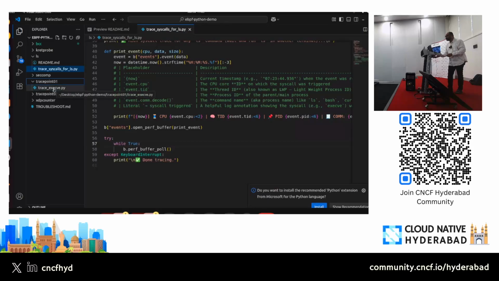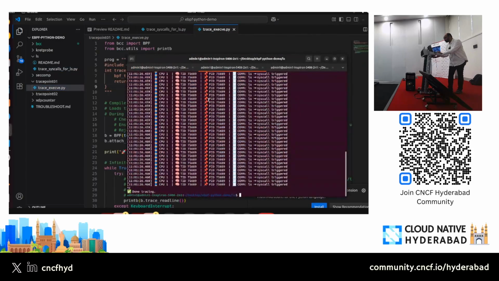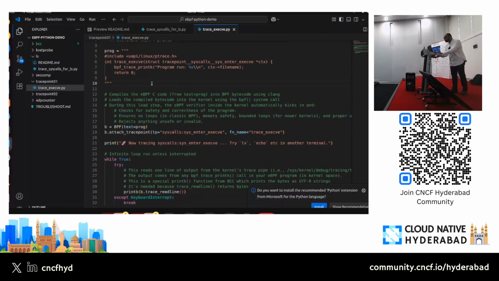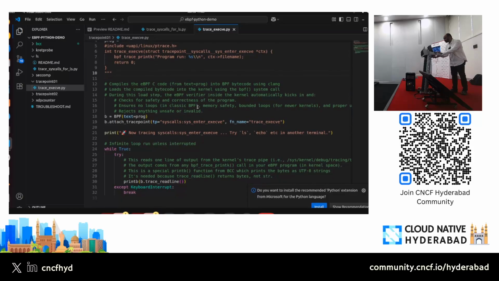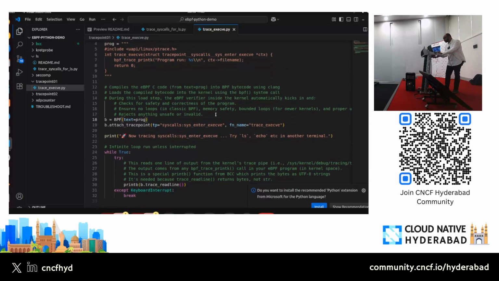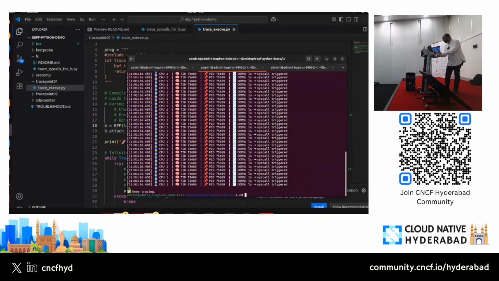So I don't want to take much time here, but very quickly I'll show one more demo and then we'll wrap it up. I have another program here which is tracking a few system calls again. You can see that I've written a bunch of things here. All it does is that whenever you issue any system call, like ls or cat, it captures this and shows it on the screen, not so beautifully, but we'll see how it shows.